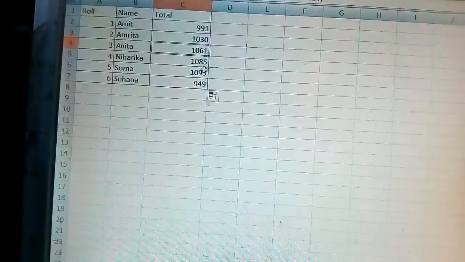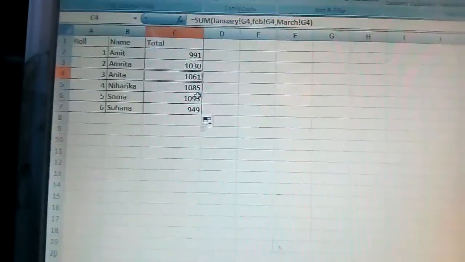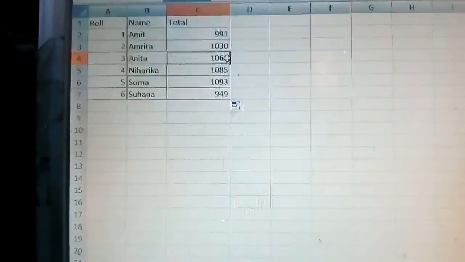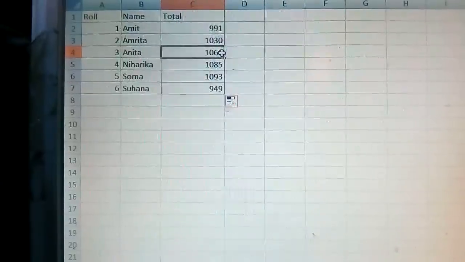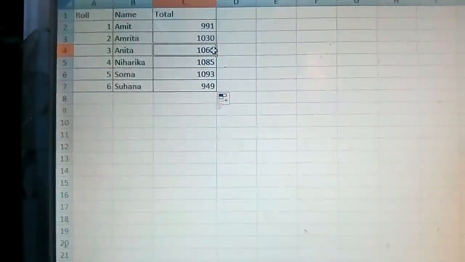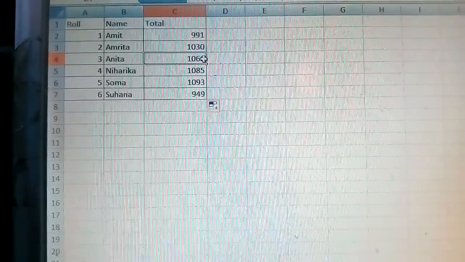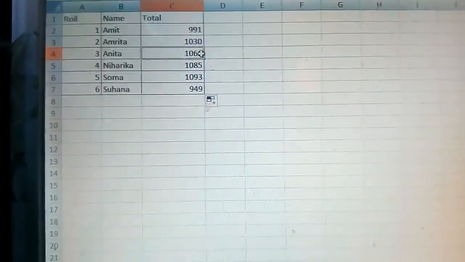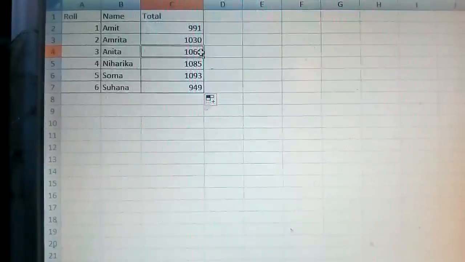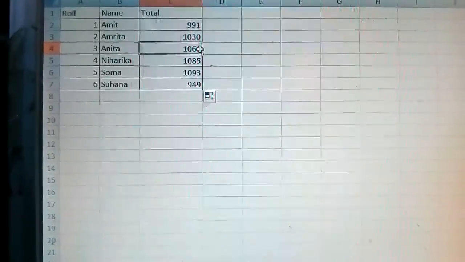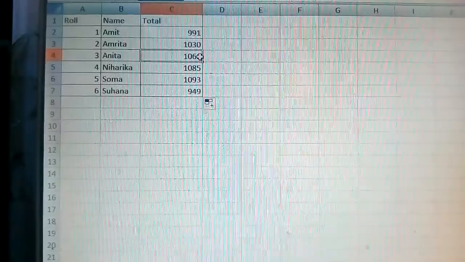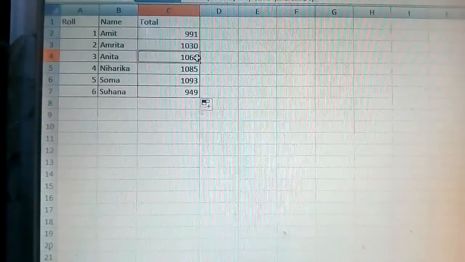Now we will see how to use multiple workbooks and linking cells. Okay, so here you have done multiple worksheets. Now we will do multiple workbooks. Is it clear? Multiple worksheets. Now we will use multiple workbooks. How we will use, we will link cells in multiple workbooks, that we will see.